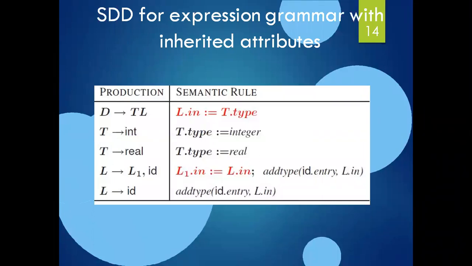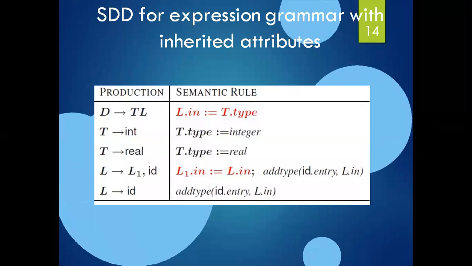And what are the steps to be followed for construction of these inherited attributes? The same steps we followed for the synthesized attribute, we are following here. Step number 1, we construct the syntax directed definition using the semantic actions for the corresponding production rules. And the second step is to annotate the parse tree. Here we are annotating the parse tree, that means generating the parse tree with inherited attributes by processing in a top-down fashion. Make a note of this.